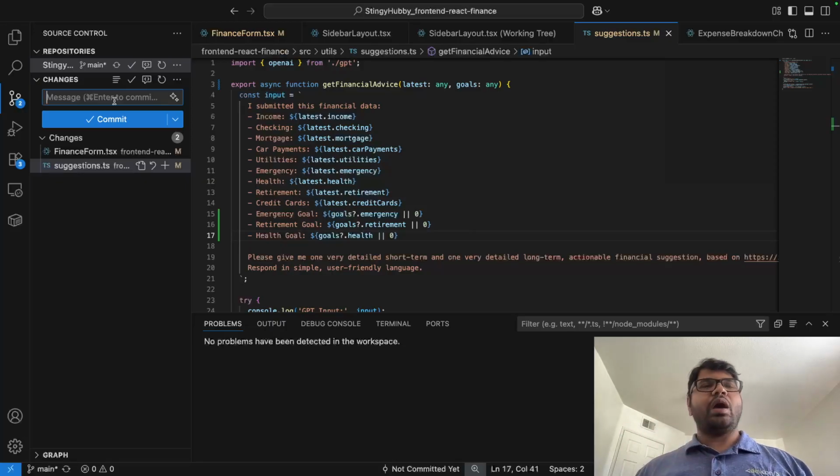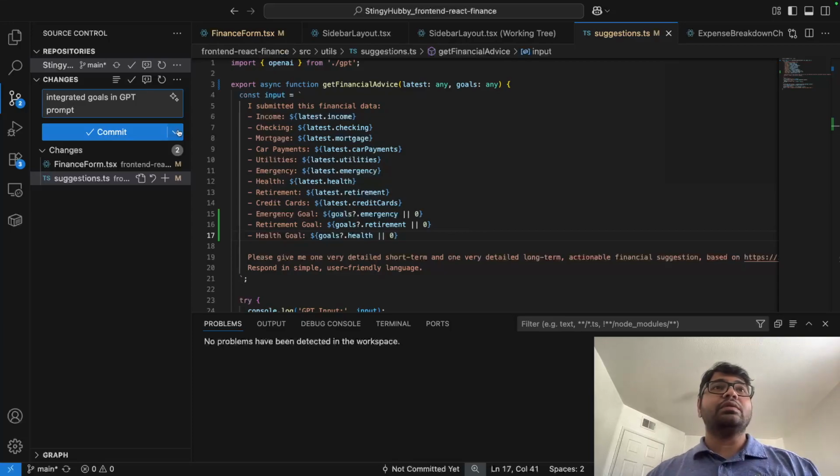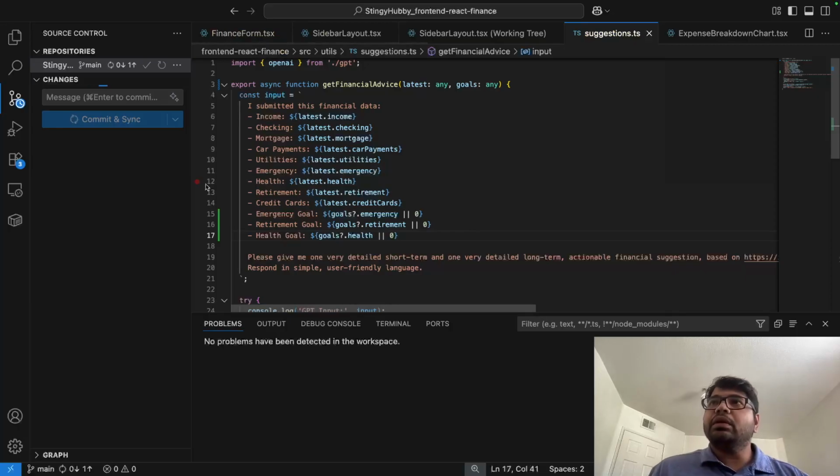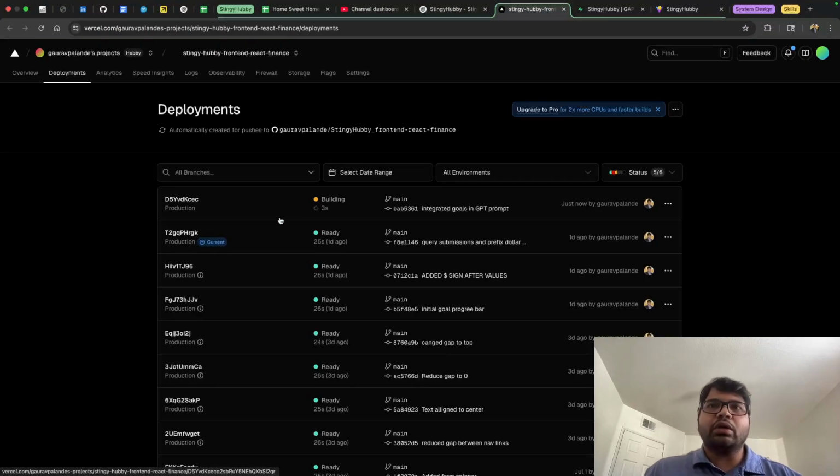I would want to have like how they are going through the goals. So right now let's integrate goals in the GPT prompt. So let's save this or commit and sync, and once we commit it, now we can go back to our deployment, confirm that the deployment is looking good, and